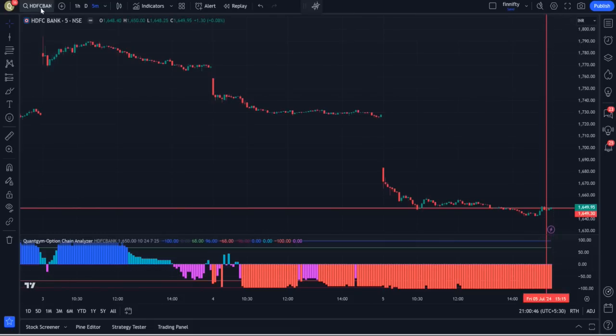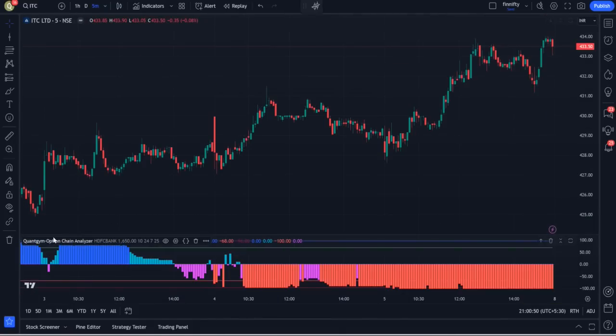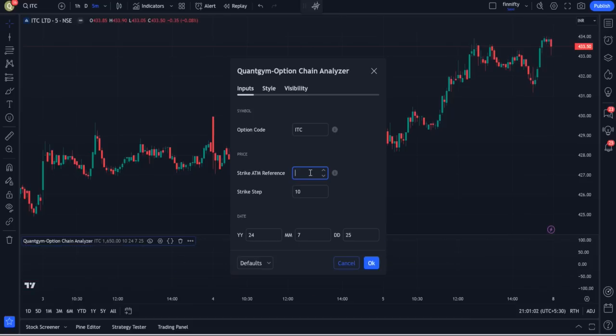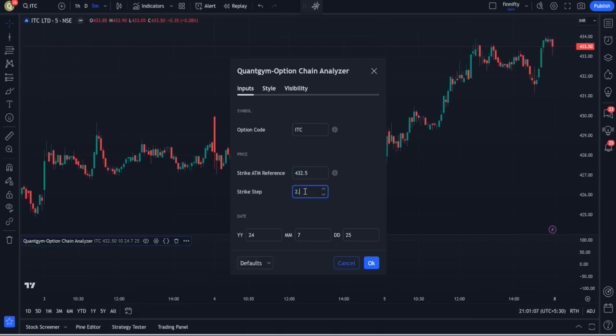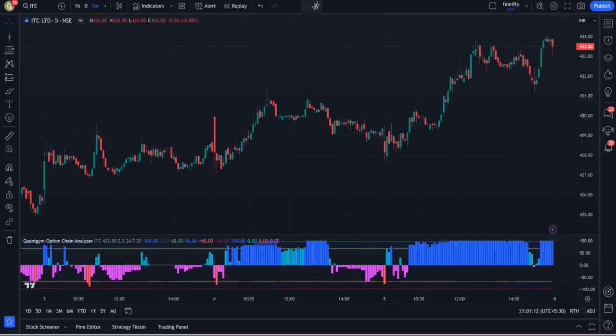If I look at another stock, let us say ITC. This is still showing HDFC Bank actually. So what you have to do is change it to ITC. This is like 433. So your nearest strike is 432.50 and this one is 2.5. Yeah, ITC is bullish. In fact, yesterday when the market opened, yesterday was 5th of July, your ATM was like